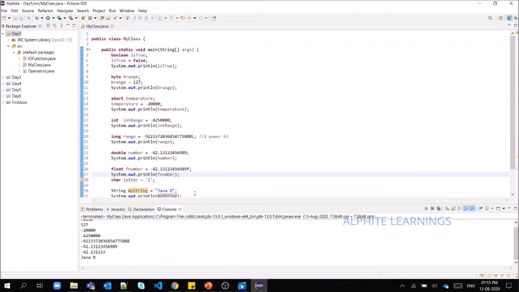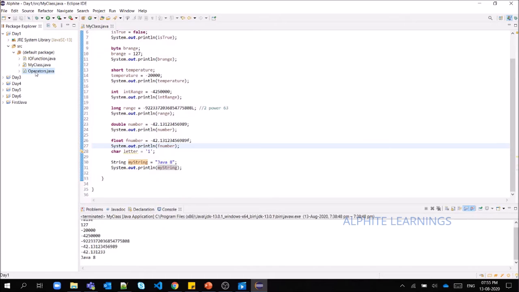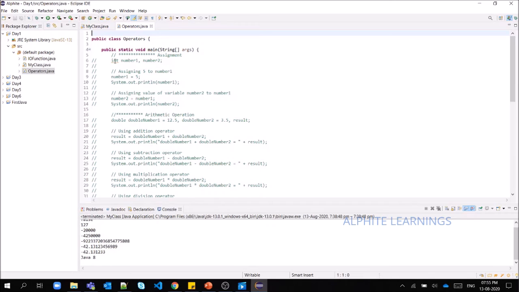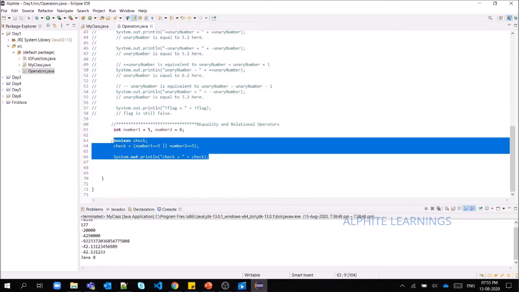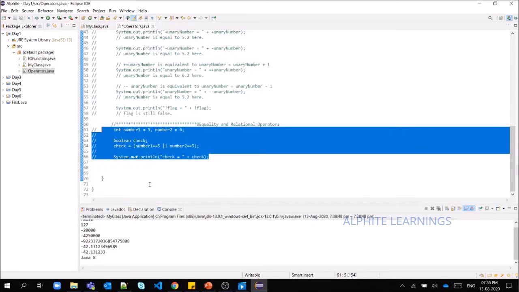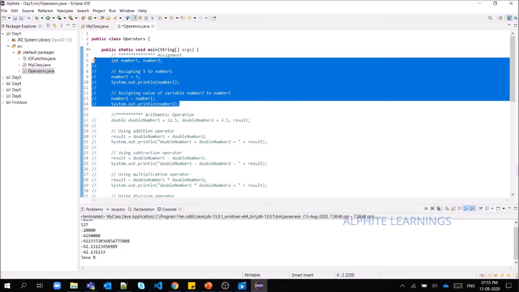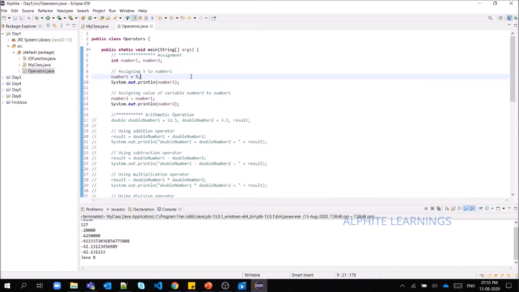Let us see one example for it, maybe you will understand that. For the assignment operator, I have given number1 is equal to 5 and number2 is equal to number1.